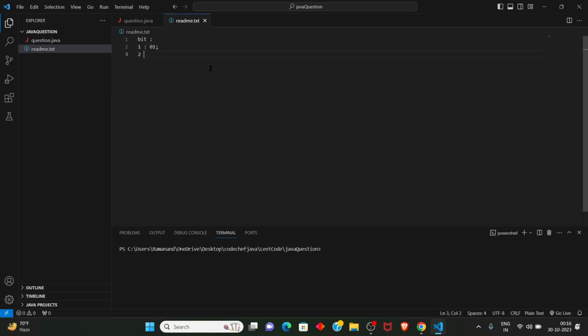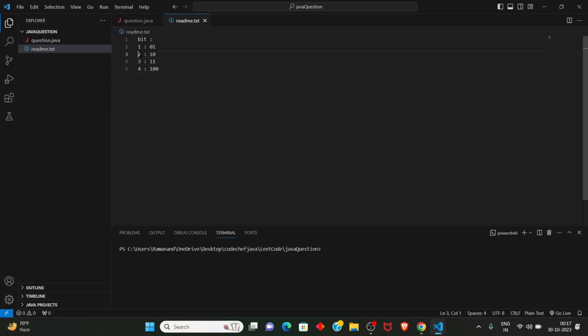For two we can write 1 0. For three the bits are 1 1. And for 4 it would be 1 0 0. If you look at these bits very carefully,